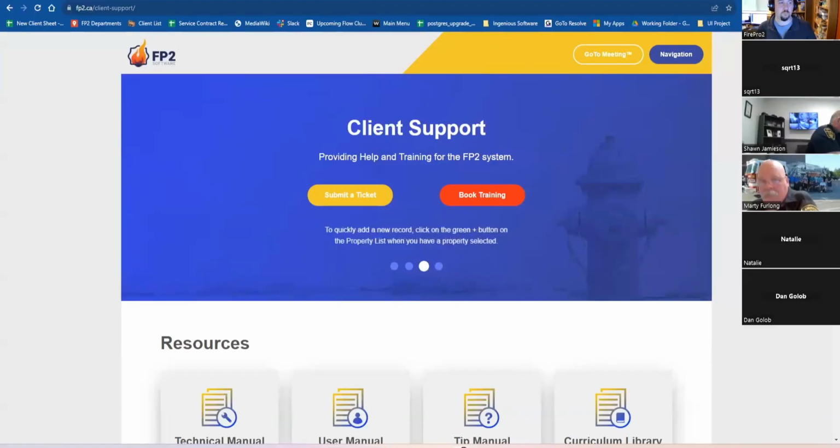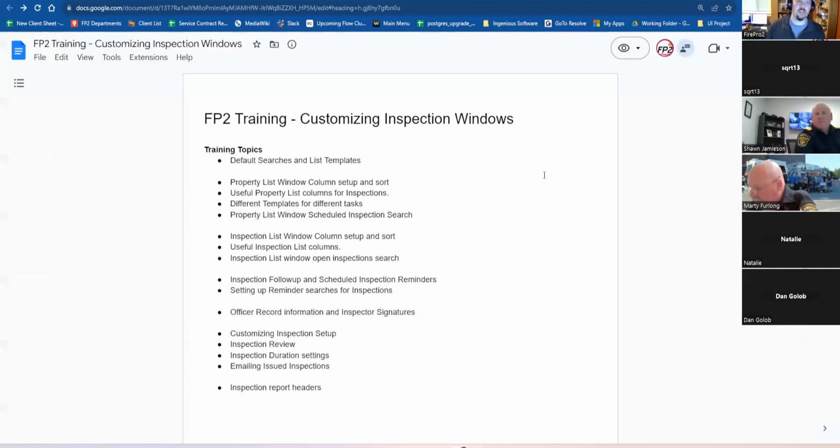Sure. Okay, so today our training topic deals with customizing inspection windows. And we're going to be dealing with several different areas where you can do those customizations in order to speed up your life and make the process of doing inspections or being notified of upcoming inspections or scheduled inspections a lot simpler. We are going to be talking a fair bit today about how to use default searches and what